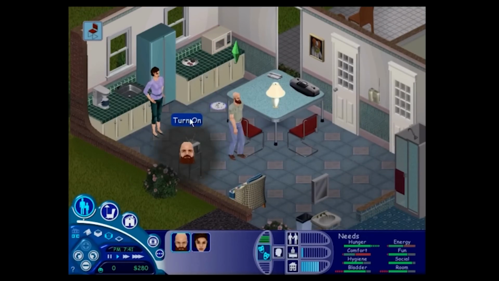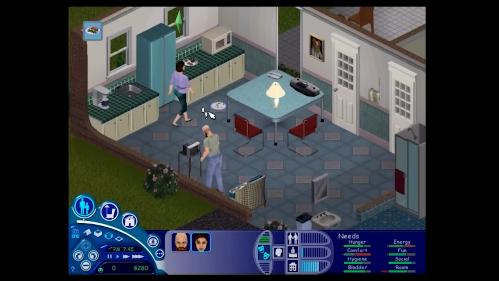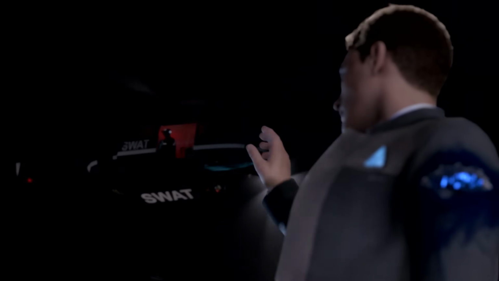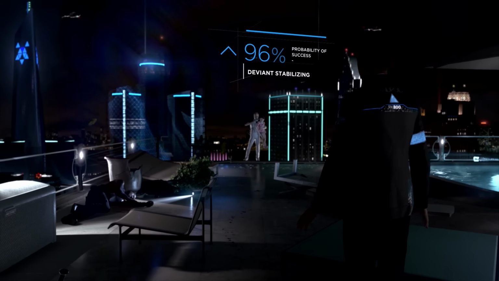Is The Sims truly a game, or is it just like playing with automated dolls, a type of simulated play? Is Detroit Become Human really a game, or is it just an interactive movie where you get to make choices here and there, similar to a choose your own adventure book kind of? I'm barely scratching the surface of this topic here. I haven't even brought up the difference between game and play and all that, and I could make an entire video essay on this topic alone, but I feel like that's for another day.